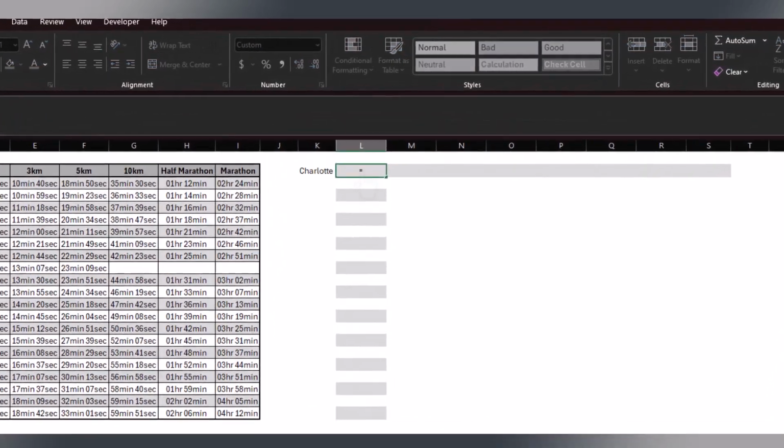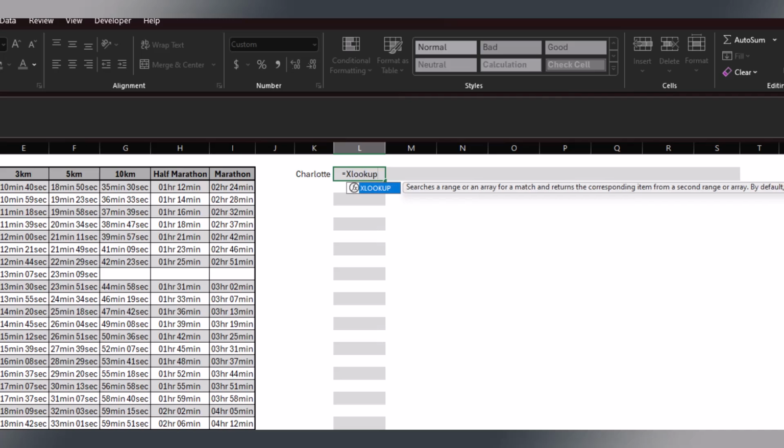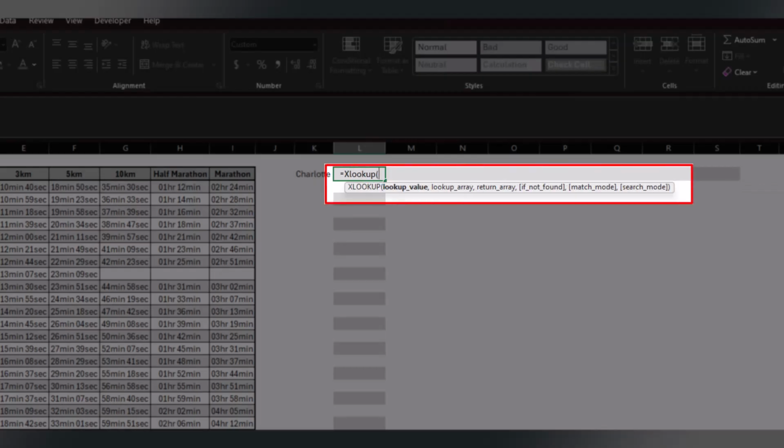With Xlookup, if we type in the Xlookup function, there are three compulsory arguments. They're the first three: the lookup value, the lookup array, and the return array. The lookup value is the first one. This is what you want to search for. In this case, we want to search for